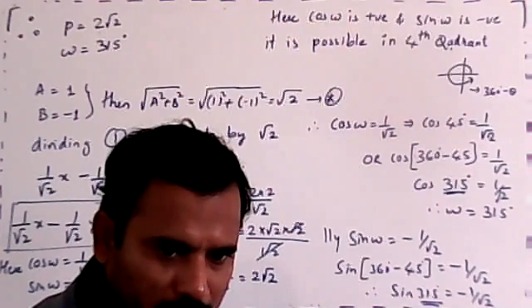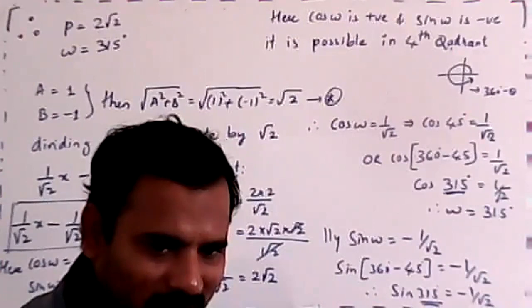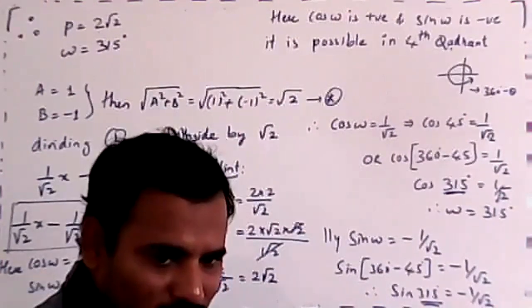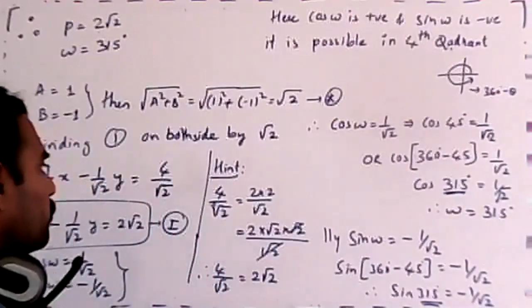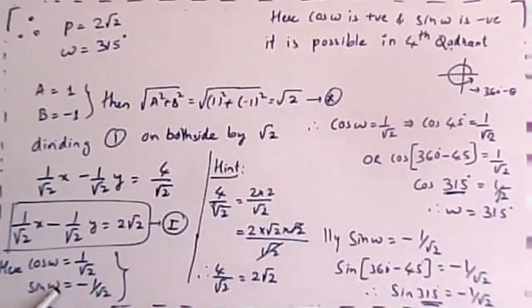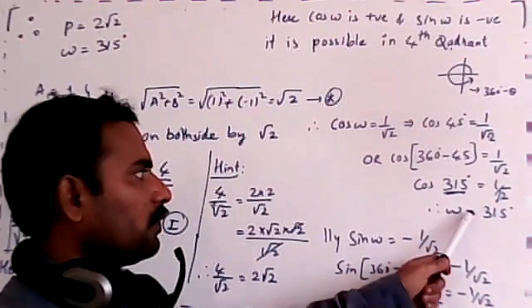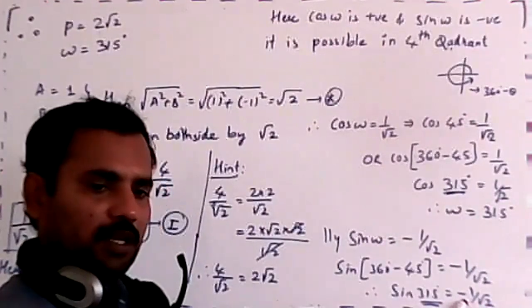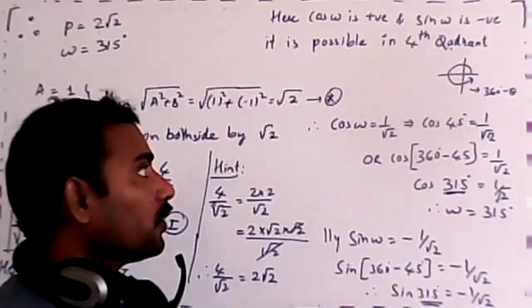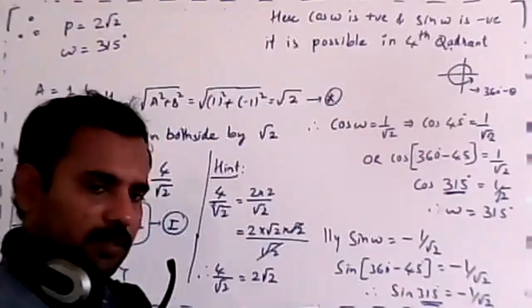all you understanding now? It is 45 degree only for cos, for which one should come into positive, one should come into negative. See, for the same angle, one should come into positive, one should come into negative. I told that for the same angle, 315 degree, cos is coming into positive, sine is coming into negative. This is only possible in the fourth quadrant. It's only possible in the fourth quadrant. Right? Ritika.